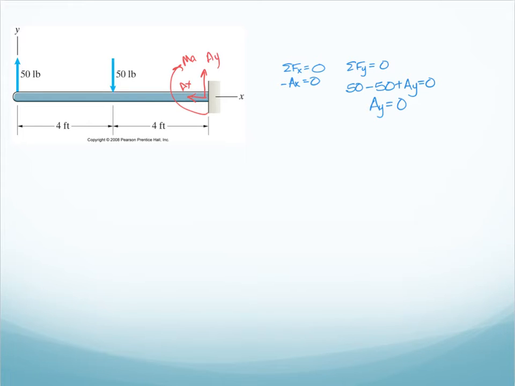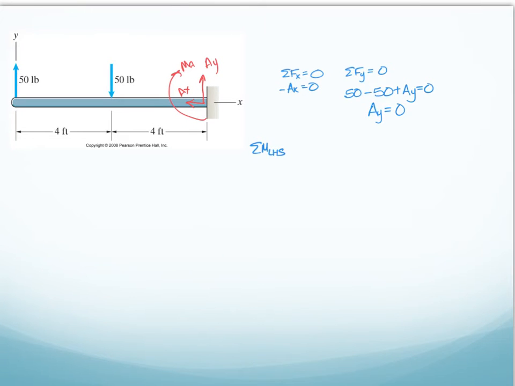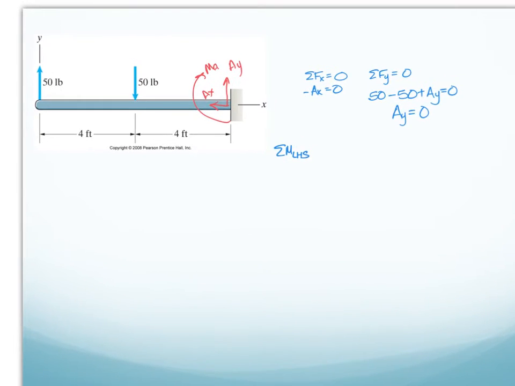Let's look at the moments about, let's say, the left-hand side. That's going to be my pivot point. That's going to eliminate the 50-pound force right there. So the first force that has a moment is the one in the middle. So that's going to cause a clockwise rotation. So that's minus 50 times 4 plus the support moment, because the beam is embedded in the wall, which prevents rotation. And so MA is equal to 200